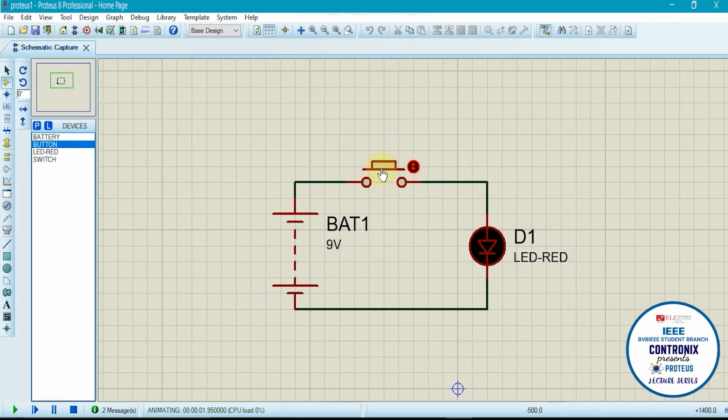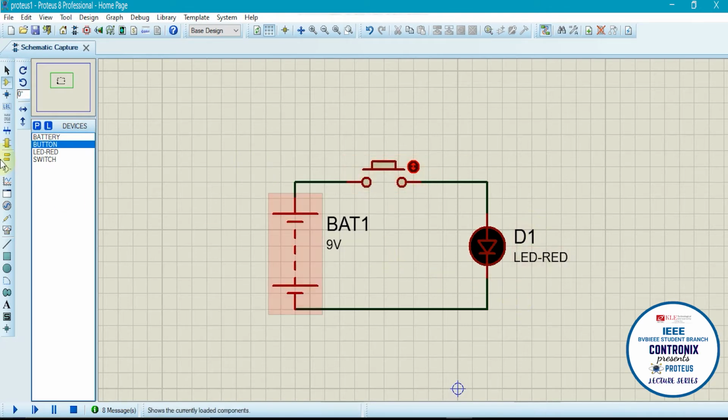Now when I click on this push button, the LED glows. See, now I have continuously pressed the button, so the LED glows and goes off, on, off, on, off, on and off. So this is how the push button works. Now again, if you need to add a component, first you need to stop the simulation and then you can add the different types of components.